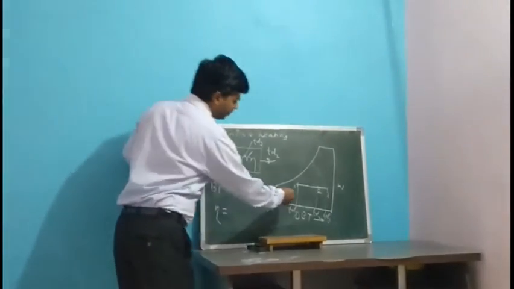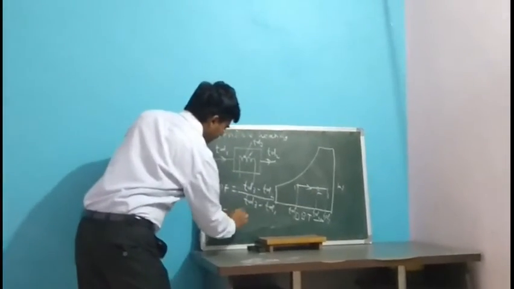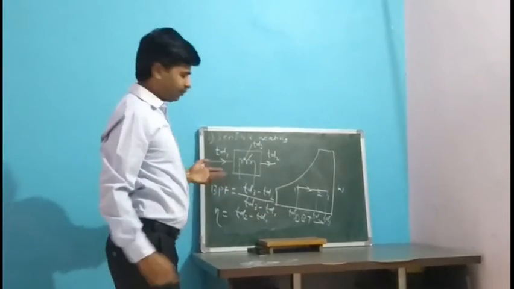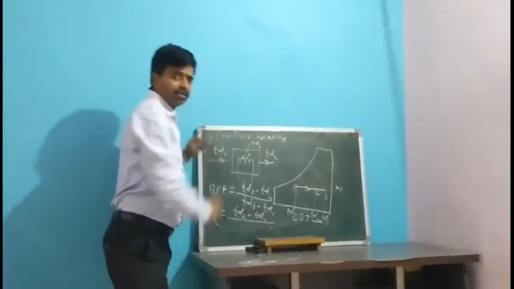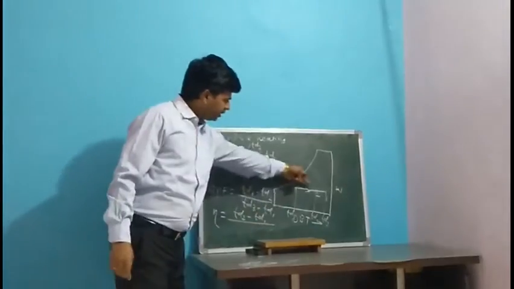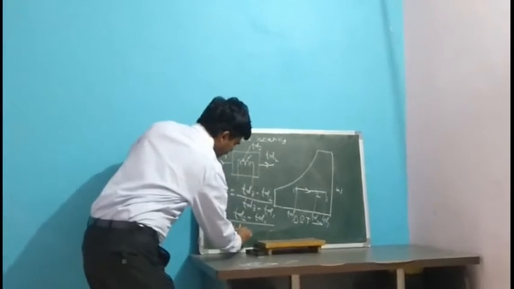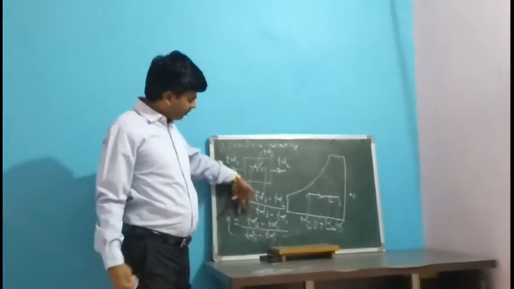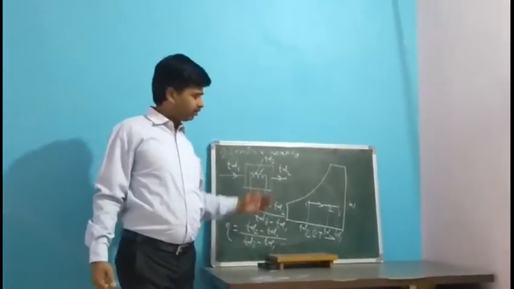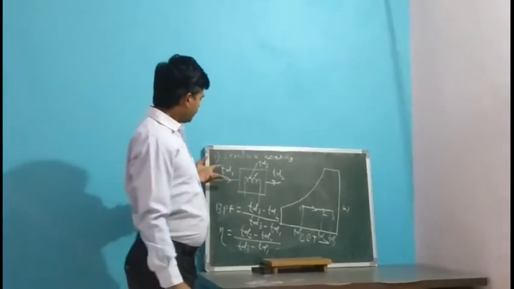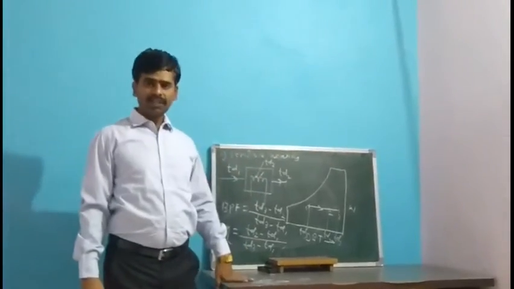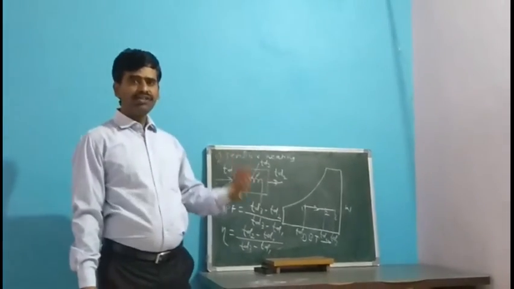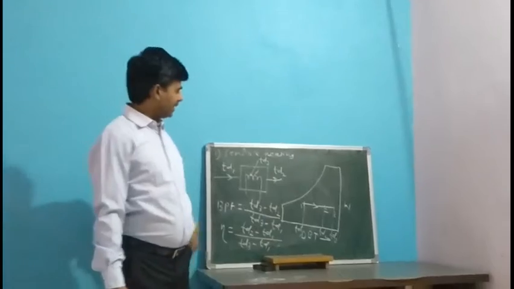The actual amount of heat transfer is TD2 minus TD1. So m dot Cp is common, so I am not writing it in the numerator as well as the denominator. So TD2 minus TD1 divided by TD3 minus TD1. Okay, so m dot Cp is common to the numerator as well as the denominator, because the same quantity of air that is entering is passing over that heating coil, and assuming that the specific heat of air is not changing with respect to temperature.